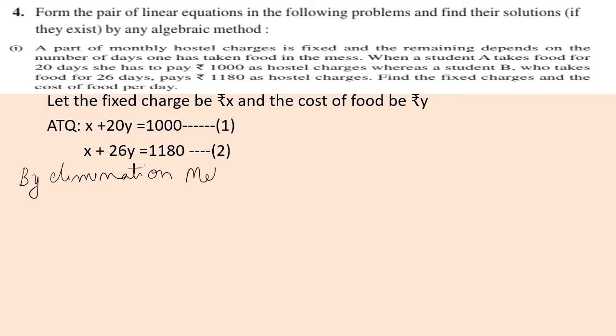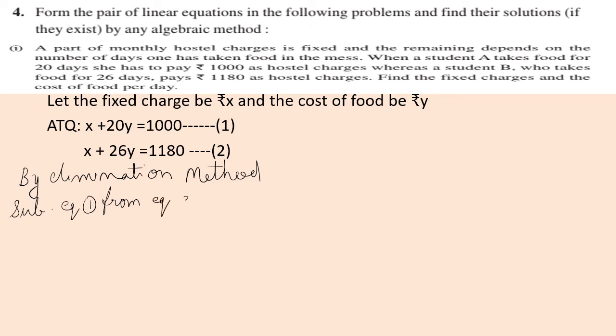By elimination method, we have to eliminate one of the variable. So here the coefficient of x is same, so you can do addition or subtraction to eliminate one of the variable. So subtract equation 1 from